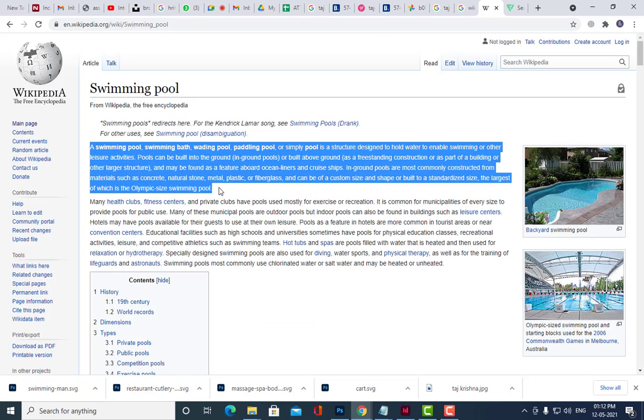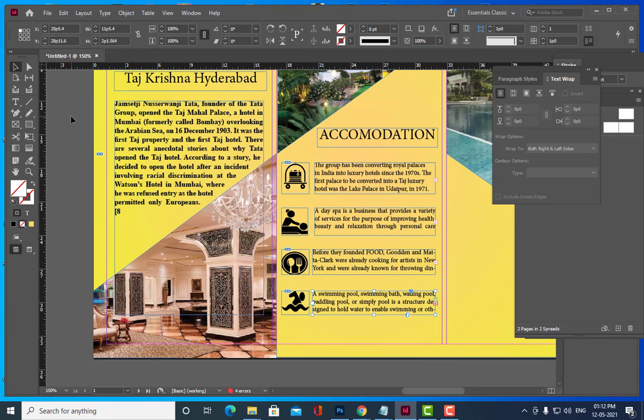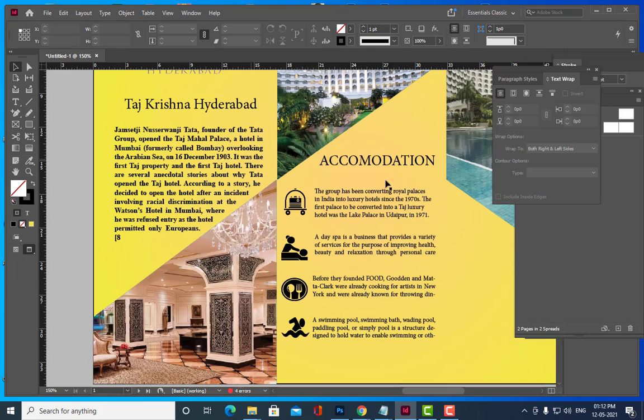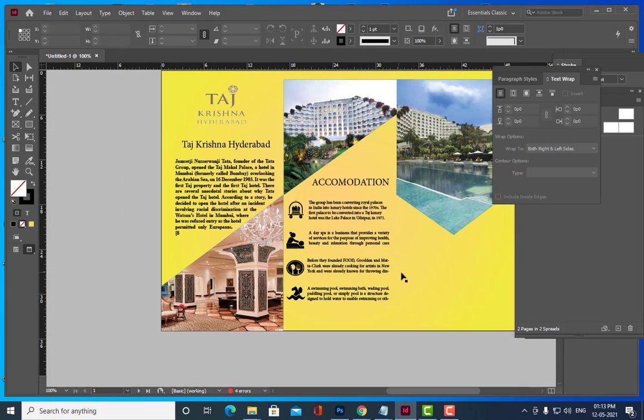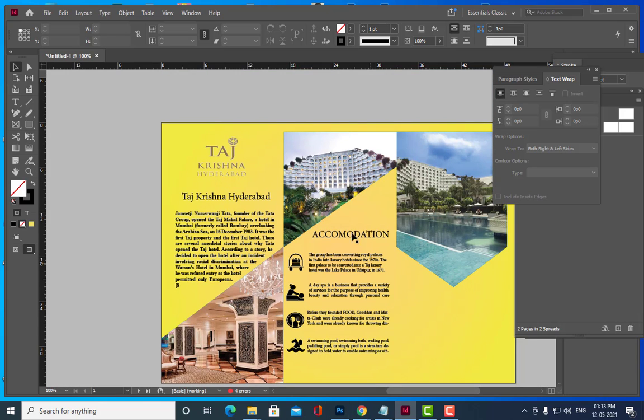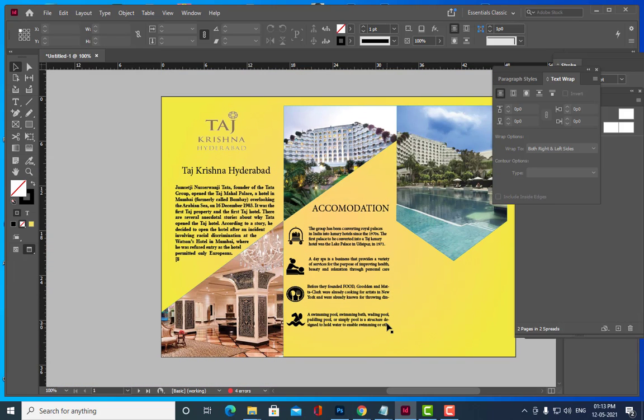So I'll copy this, paste it, and here I'll put 7 points. We'll do the justify last left. See here, okay, is it clear all of you? See, we have completed these 2 columns. Yes, sir. We have completed 2 columns.